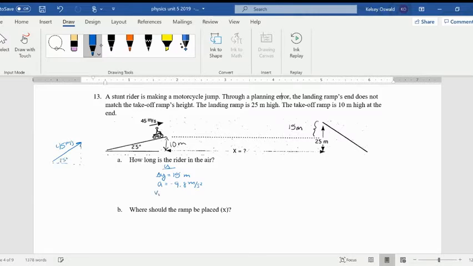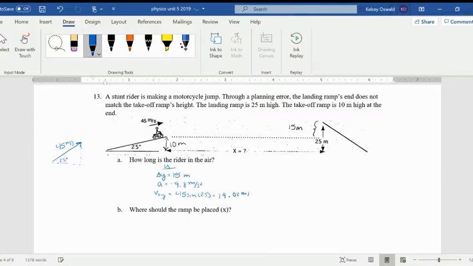So we can also solve for that initial y velocity by using sine. 45 sine 25,